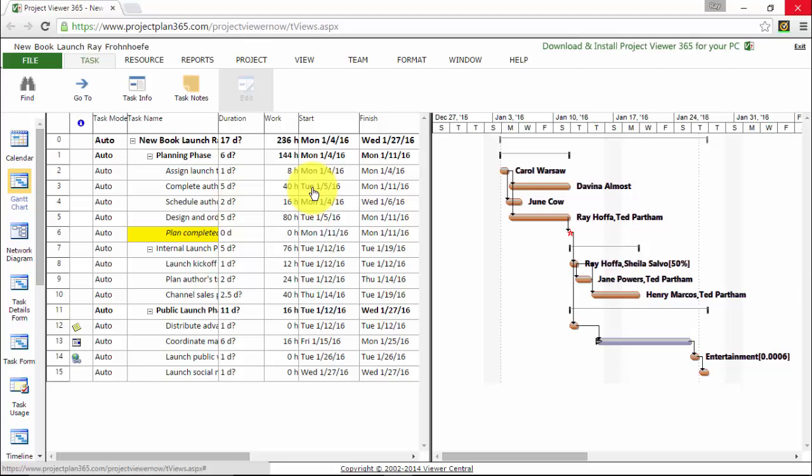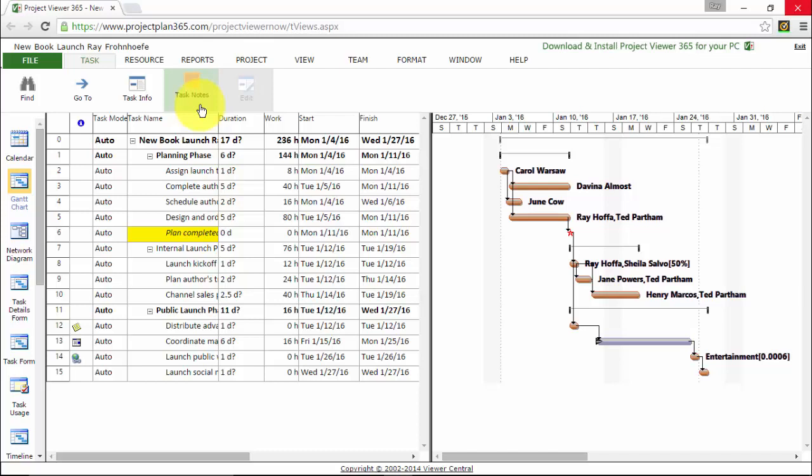And here you see I have an interface that looks very much like MS Project. I've got my entry table on the left. I've got my Gantt chart on the right. I've got the color formatting that I've done. I've got my milestone highlighting. And I've got some tabs that are very much like Microsoft Project's ribbon tabs. Now again, this is for viewing, so I can't edit, so I don't need the full ribbon. I just need enough things to be able to view.